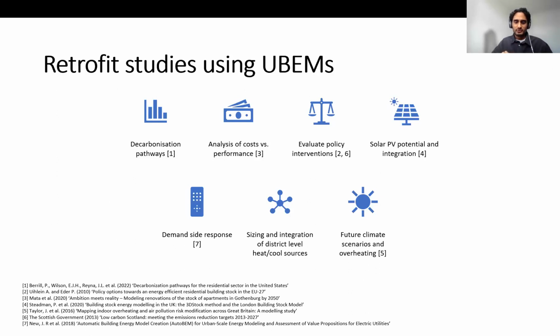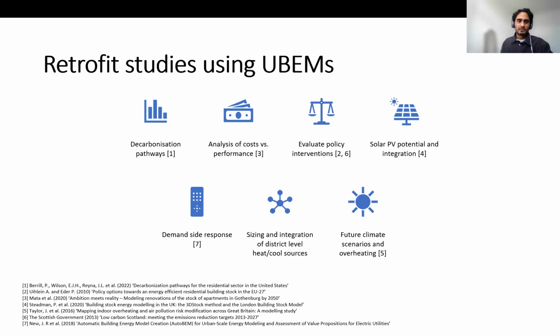So because the physics-based UBEMs allow us to understand buildings' energy use as a function of the weather, this can be quite powerful. So future climate scenarios have already been created by researchers. These are essentially weather files which intend to represent the possibilities of the future in the climate. So these range from the pessimistic scenario of most hot future to maybe the optimistic, which is least hot. And we can simulate these and identify the buildings which are most at risk of overheating and determine the best intervention strategies to mitigate this risk too. So these are some examples.